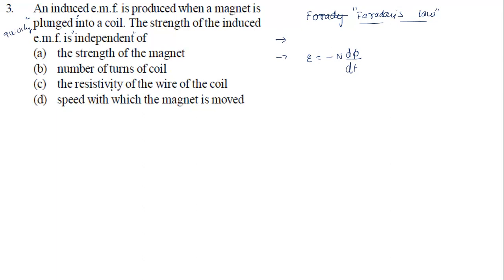Quickly we bring it. So as we bring it very quickly, what will happen? The strength of the magnet is higher, so there will be more magnetic flux. Then flux will be changing very fast, then the EMF is very high. The number of turns matters, so it depends on the number of turns. Both of these things are dependent. Now, will the resistivity of the wire come anywhere here? No, we never see resistivity anywhere, right? So this is the right option for us because this is independent.